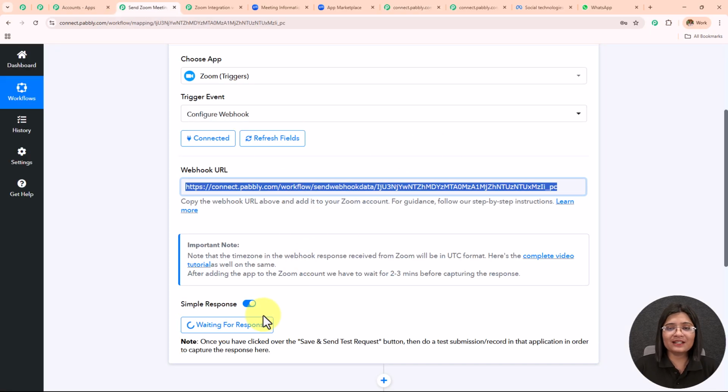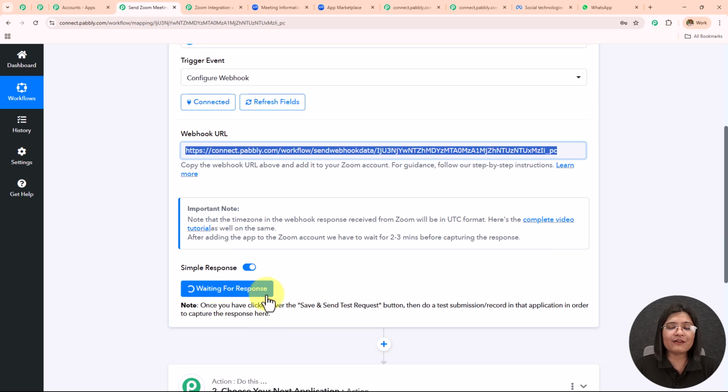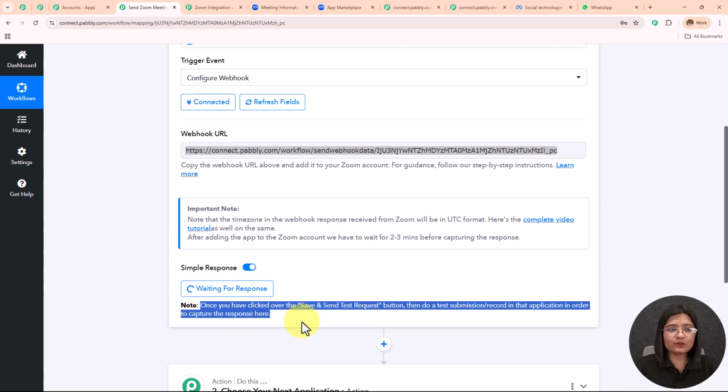Now here there was a button of save and send test request, and it has changed to waiting for the response, after which I have clicked on that, and under this it is written once you have clicked over save and send test request button, then do a test submission in order to capture the response here. Now here in order to capture the response, which means the new registration, I need to do a test submission,